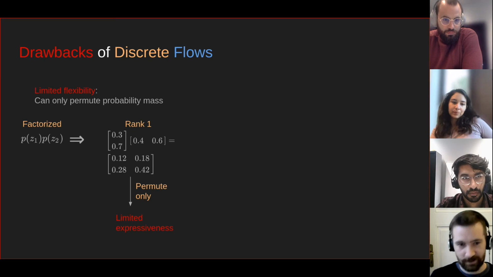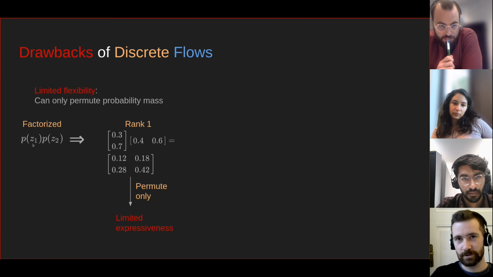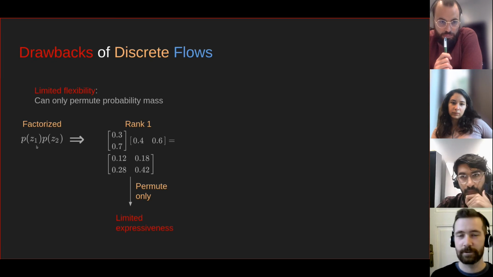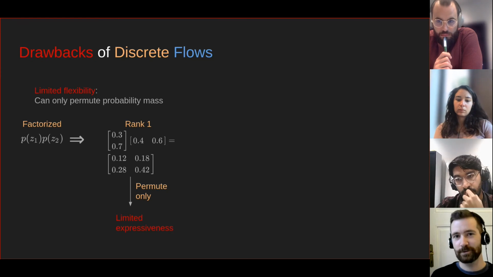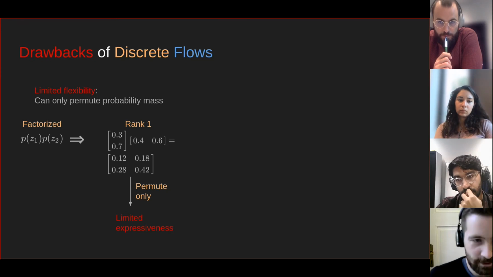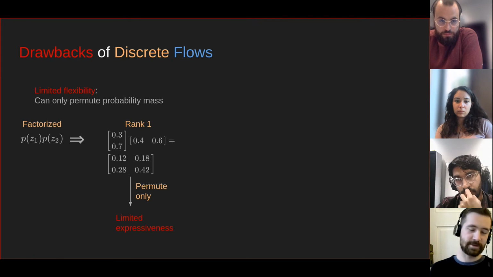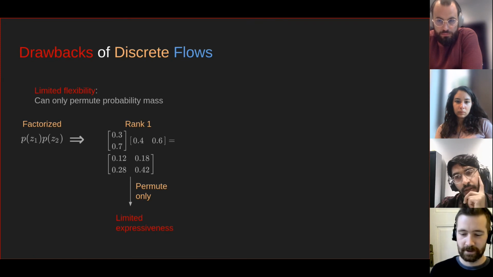So what you have to do to get around this is introduce some dependency in the base distribution and not just use a factorized base distribution. There you could, for example, use an autoregressive model, but then you might as well use an autoregressive model directly for the data,